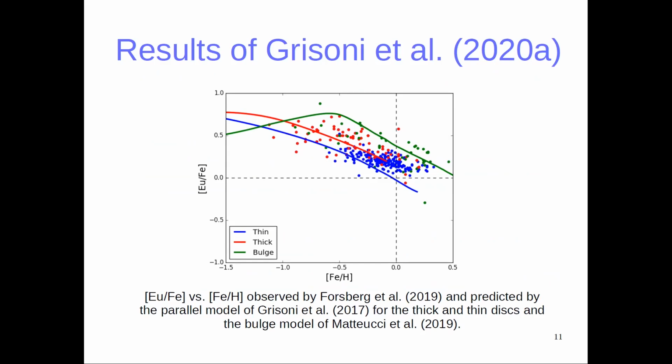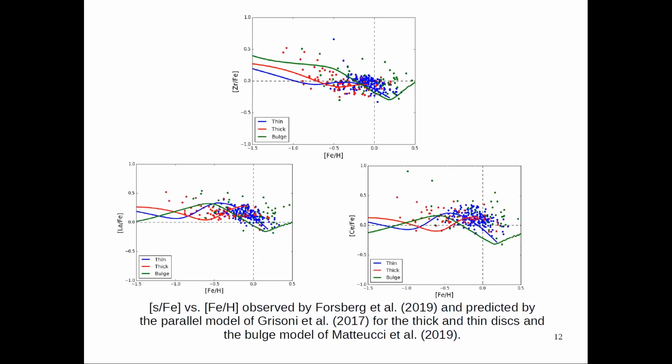And this is similar to the alpha elements, since also in this case we have a short timescale of production for the main production site of europium, which is neutron star mergers. On the other hand, in the case of the s-process elements, such as zirconium, lanthanum, and cerium, the situation is much more complicated, since they have different production sites, particularly low-mass AGB stars, that operate on longer